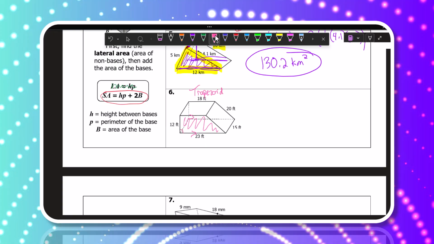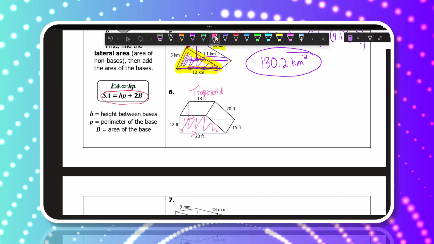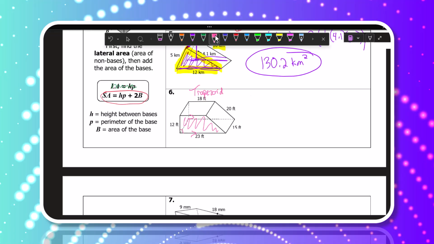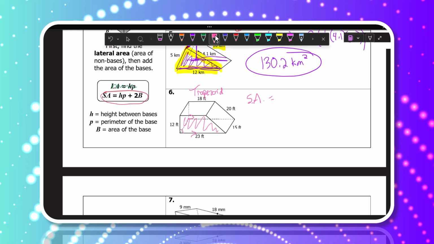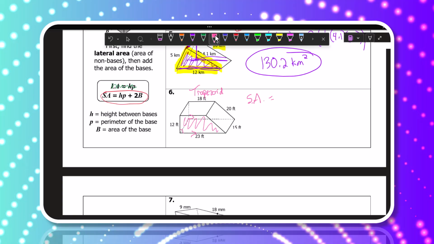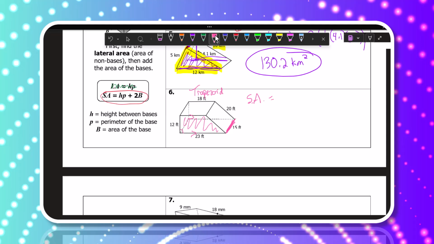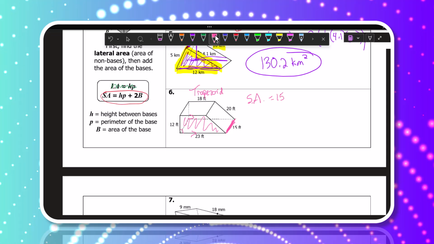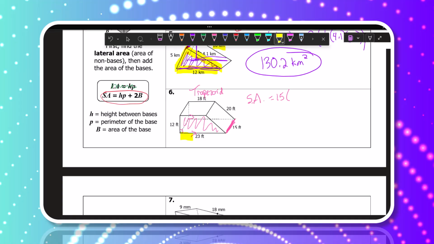We have a right angle, but we don't have any congruent sides. So it's a trapezoid. Okay, so our surface area equals our height, which connects the two bases, so that's 15, times the perimeter. So we want 23,